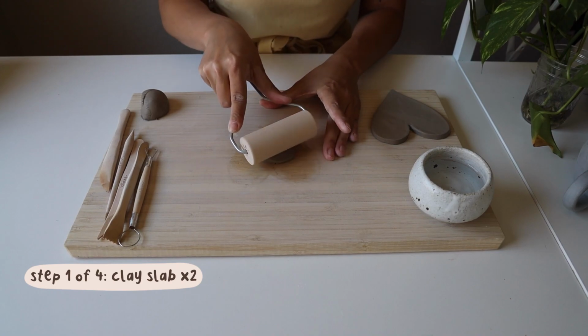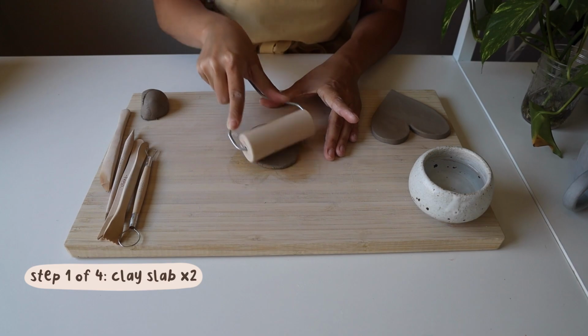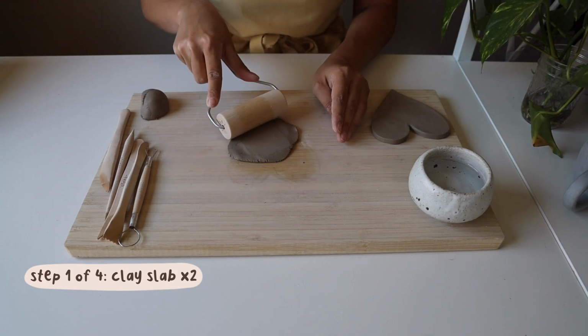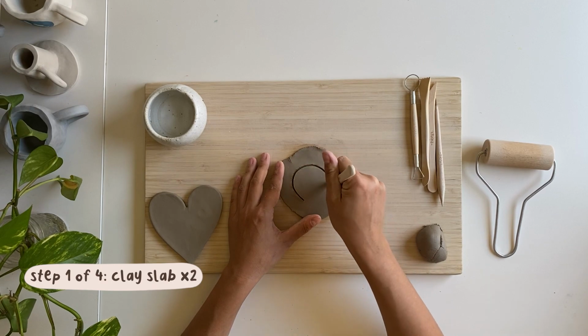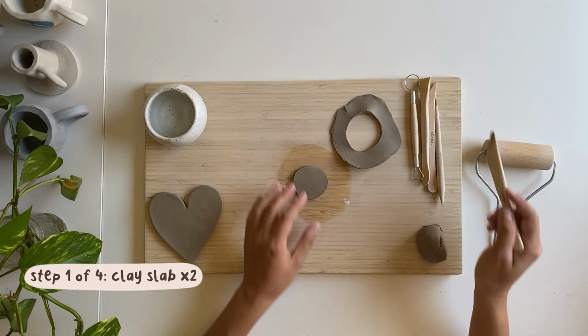Using a chunk of clay from your carvings, roll out 1 more small slab of clay. This slab should be thinner than your first slab. Carve a circle or oval from your second slab that can fit comfortably on the first. This circle slab will be the face of your incense burner. Pause here until you're all done smoothing and carving out that slab of clay, and then we'll move on to